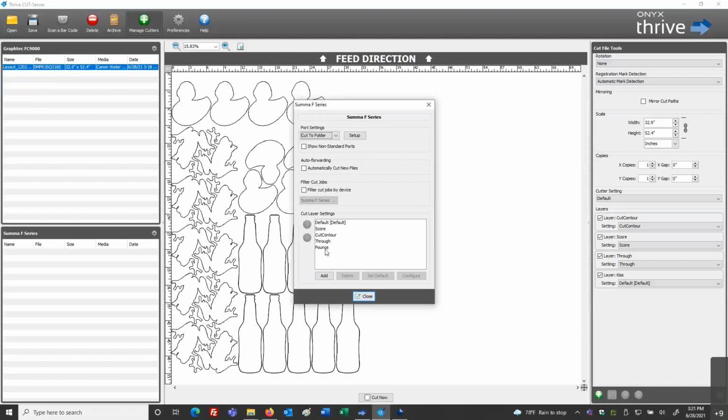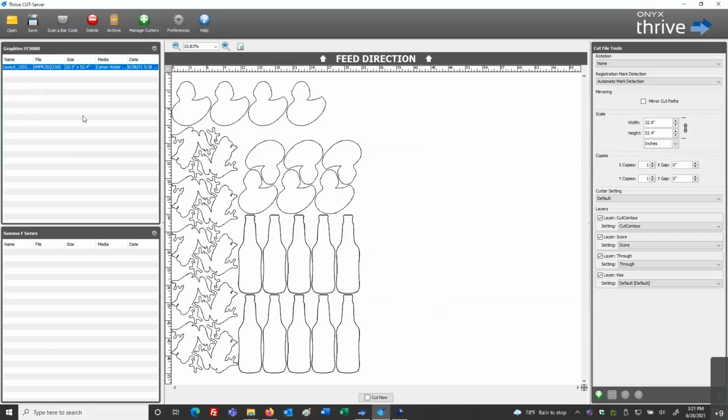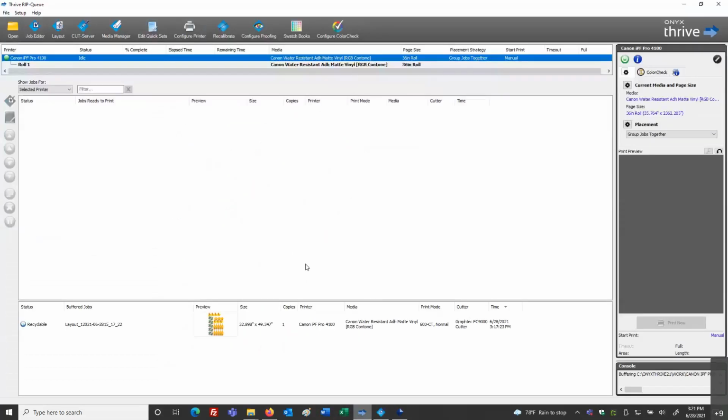And when I have my cut path from image trace in TrueFit be set to being a pounce, or be set to being a score, or a cut contour, or through, it's going to automatically add that layer and associate this type of cut information to be going with that cut path data. So it automatically matches up that information based on the name. So as we add our cutters and we have quick sets that have the cutter model added, this information is going to come over and be associated. And that's pretty much a quick overview of that information.